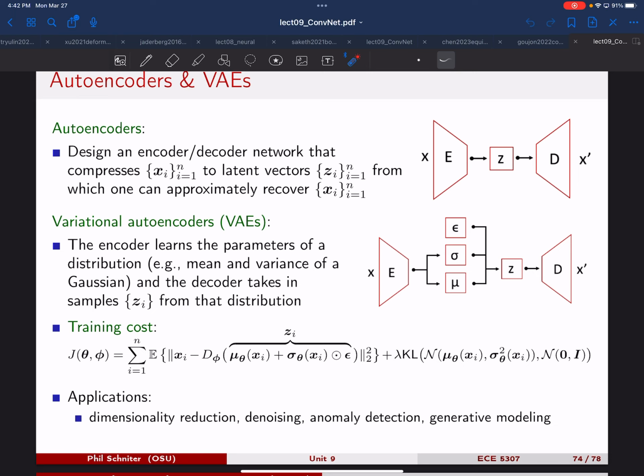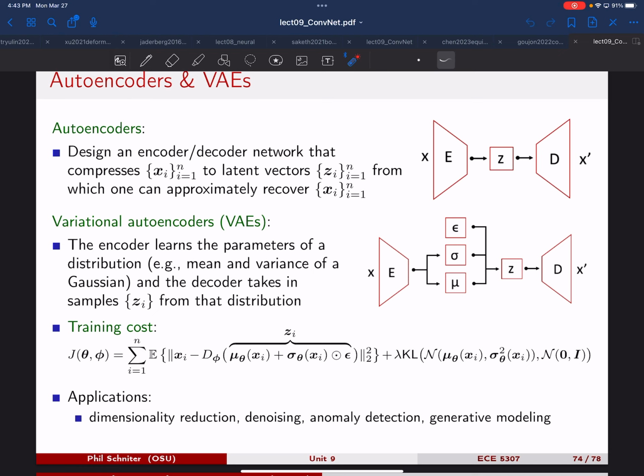And then generative modeling, which I'll talk a lot more about in the next few slides. You could try to train something like this, and if you have also trained these to look like Gaussian noise or something like that, then once it's trained, you can get rid of the encoder, just keep the decoder, and then feed it with new random Gaussian noise samples, and if everything is working, you will get samples that look like your original data. So if you're doing that task, you want to take this approach called variational autoencoders,